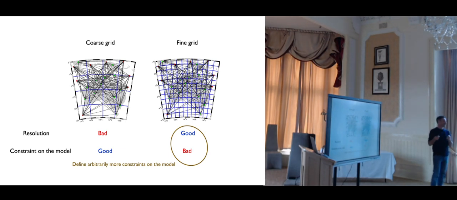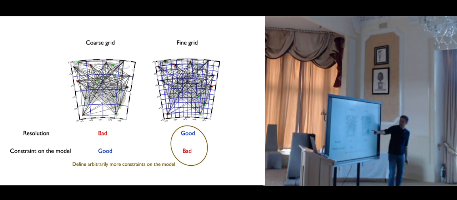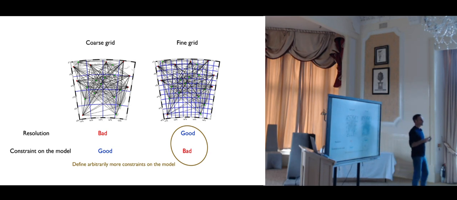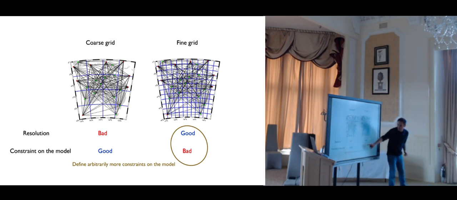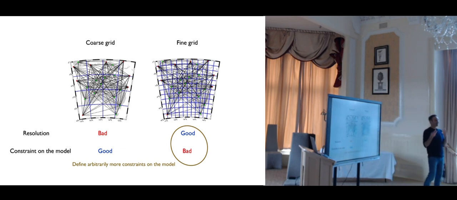So what we do is we need to add extra information about the model parameters. We don't know at all what the velocity is in this cell because there are no rays crossing. So we need to add extra non-data driven information. And we do that through regularization, and we've been talking about that: smoothing, damping. Because the uncertainties are large and we want to reduce them, we can reduce these uncertainties artificially by adding information that is not contained in the data, with regularization.